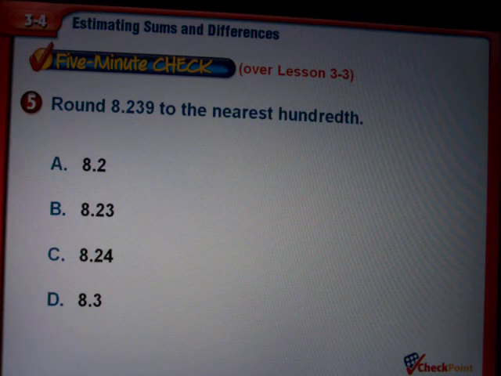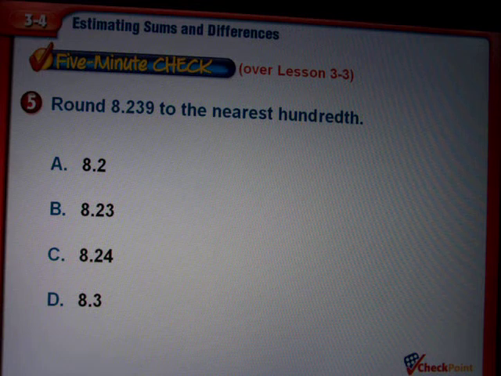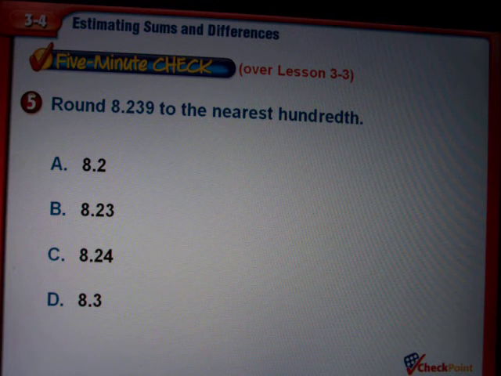So now I want you to round 8 and 239 thousandths to the nearest hundredth. Is it A, 8 and 2 tenths, B, 8 and 23 hundredths, C, 8 and 24 hundredths, or D, 8 and 3 tenths? And your answer is